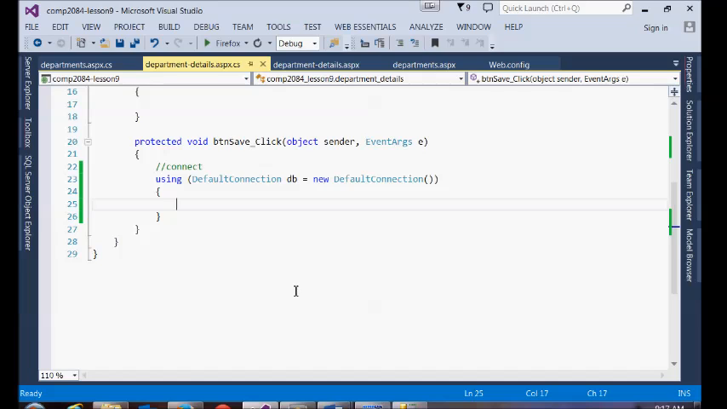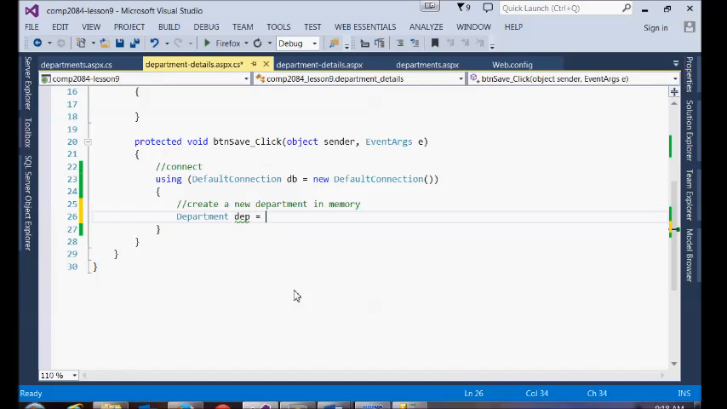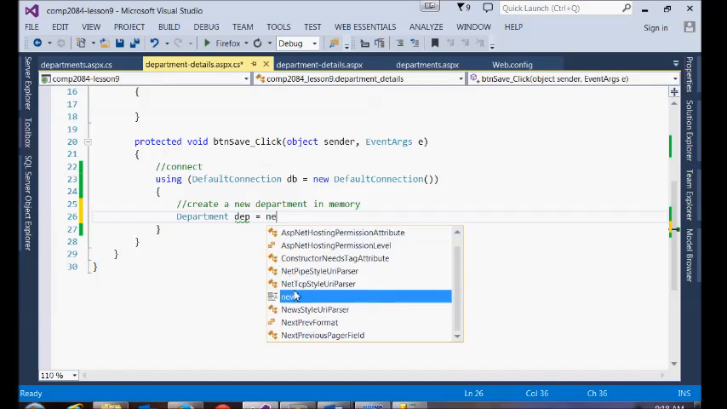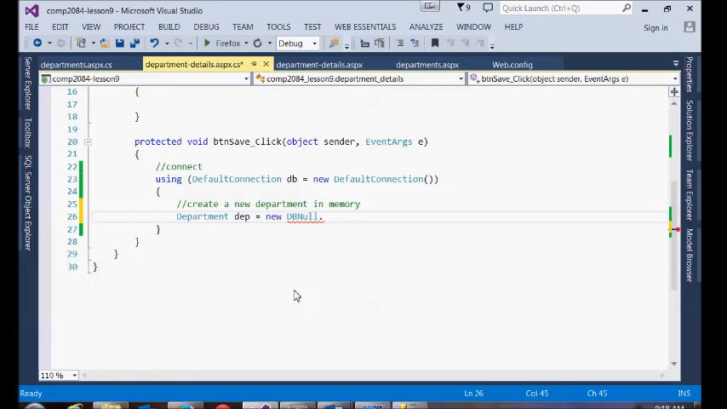So what we want to do is create a new department in memory. So I'm going to create a department. I'll call it OBJ. Actually, I'll just give it a short form, dep. So it's just a variable. We're creating a new department equals new db dot